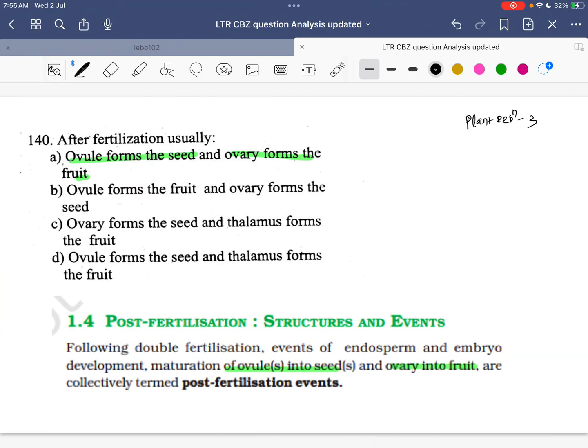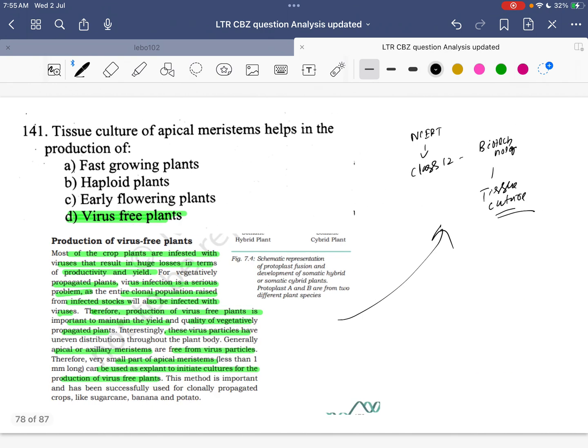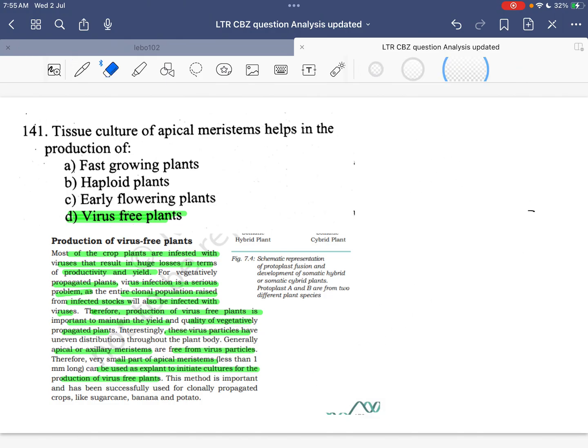Fine. Question number 140: after fertilization, usually what happens? Ovule forms the seed and ovary forms the fruit. Here the double fertilization events are followed by endosperm and embryo development, and maturation of ovules into seeds and ovary into fruit. Now, tissue culture of apical meristem